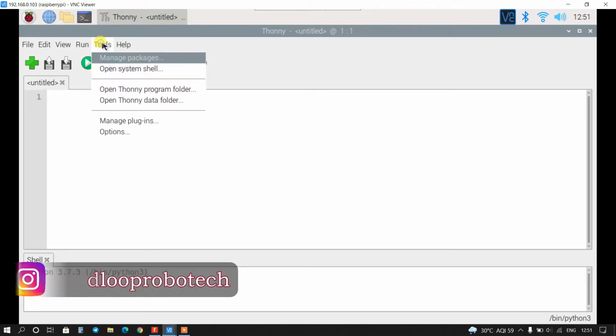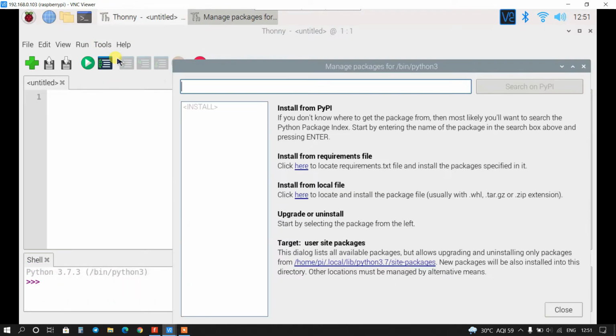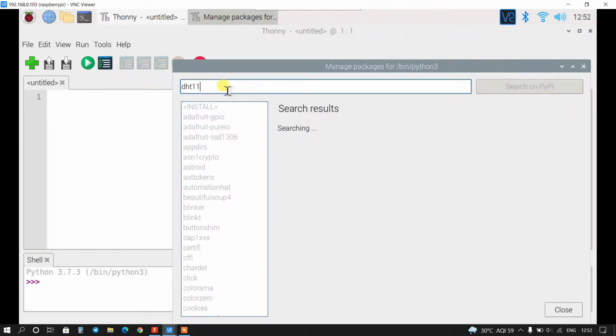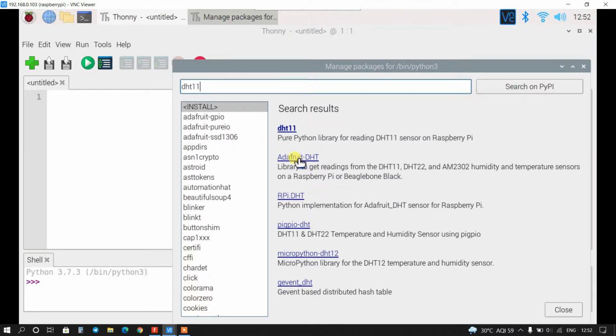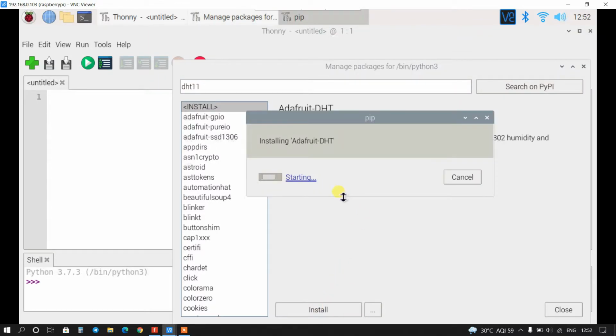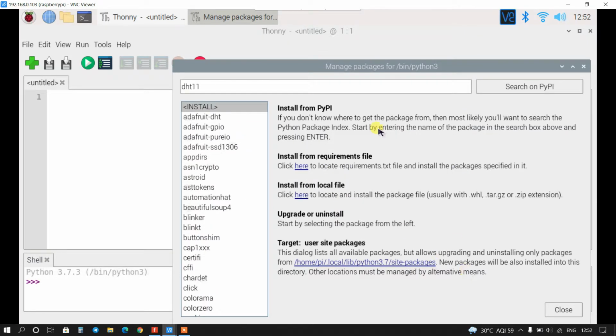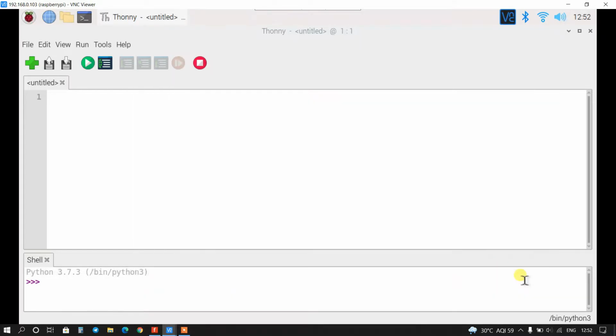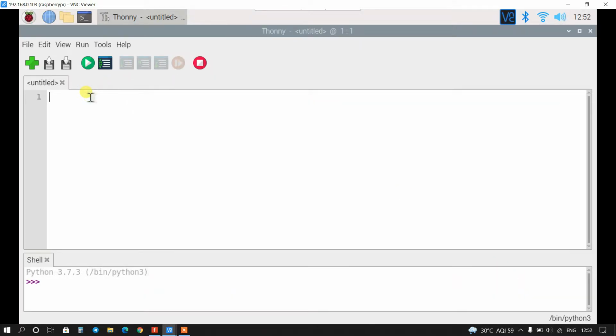So I will go to Tools, Manage Packages, type DHT11, and here install this Adafruit DHT file. Click on install. It will take a little bit of time. Okay, so the library has been installed successfully. Now close.